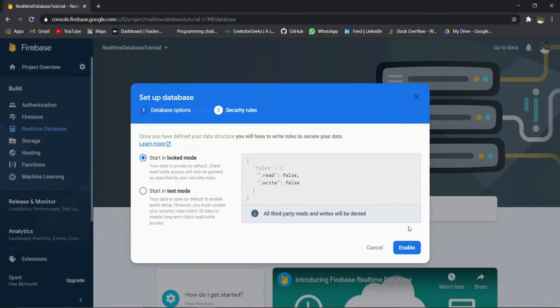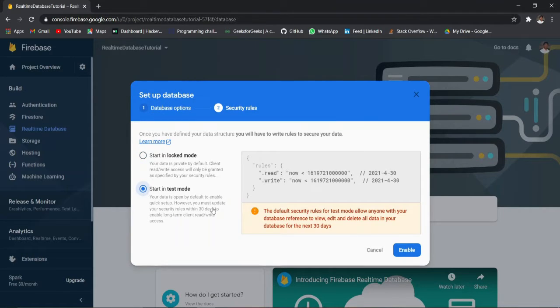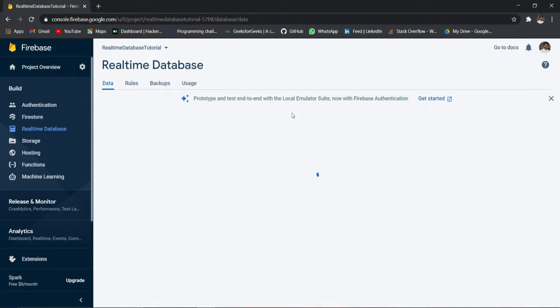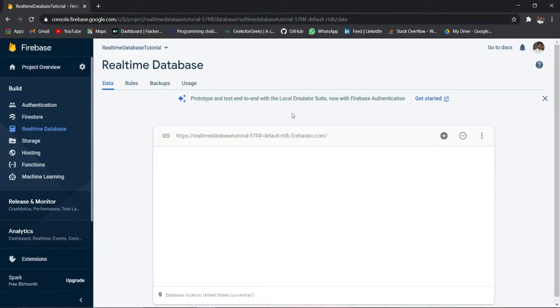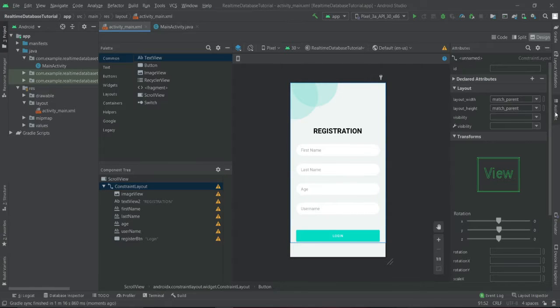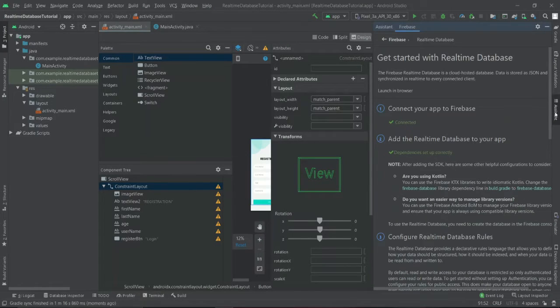Next, and here we want to test our app, so I'll just run it in a test mode. Okay, the database has been created. Now we'll go to our Android Studio project. Okay, the build has been finished, and here you can see dependency is set up correctly, right?